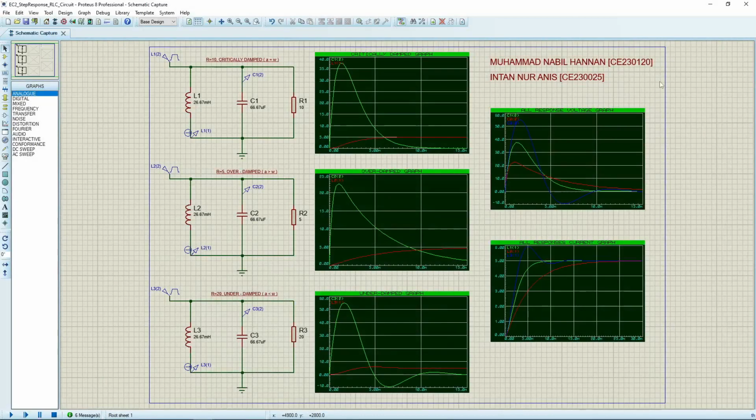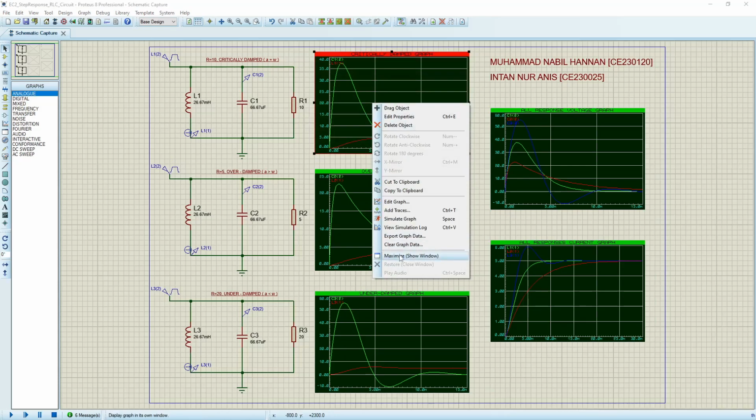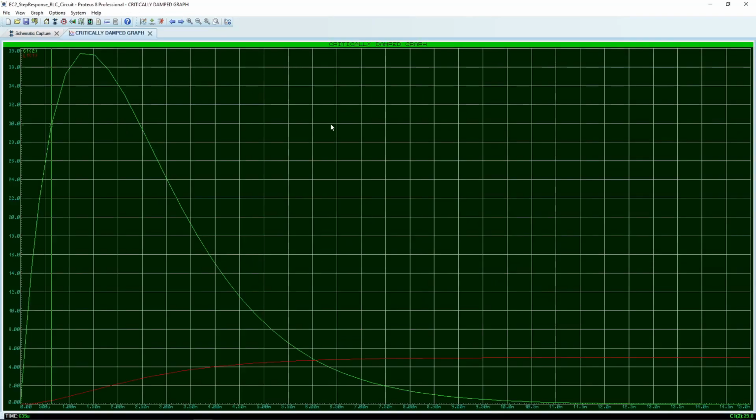Okay, so for question D, to analyze the shortest time required to reach 80% of the final value of VCT, first we maximize the graph windows, and then put the cursor into the top of the graph. So for the first circuit, the critically damped circuit, VCT shows here is 37.4. To get the time required to reach 80%, first, we take this value, multiply with 80%, we get 29.9, and then we move the cursor until it reaches 29.9,